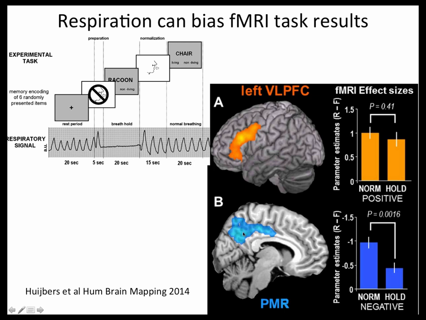But another area of the brain made a radically different effect. So this says that if you have populations that might be more or less likely to spontaneously hold their breath, which does happen, you have to be very conscious of this. As an anecdote, one of my non-papers for my PhD, and you'll understand why it was a non-paper, is